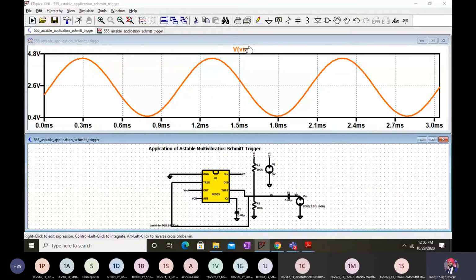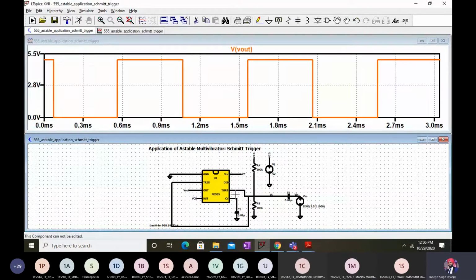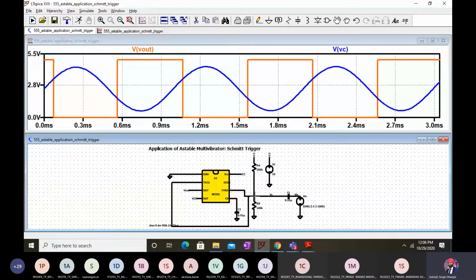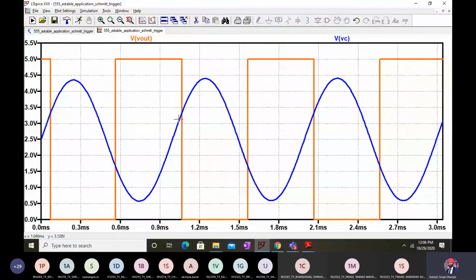So this is my sine wave. Now I'll observe the output. This is my output, after the capacitor we are connecting it. Here it is. Ignore the first cycle, basically. Kindly consider the waveform from this time period. You can consider the first cycle, not a problem, but you normally start with the second cycle.